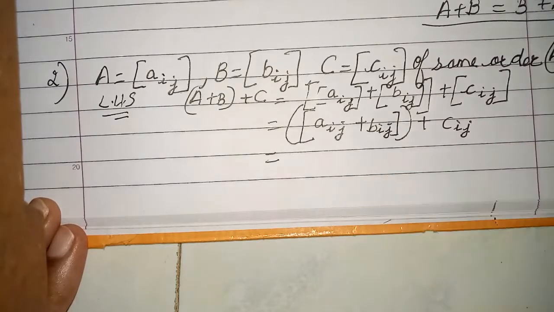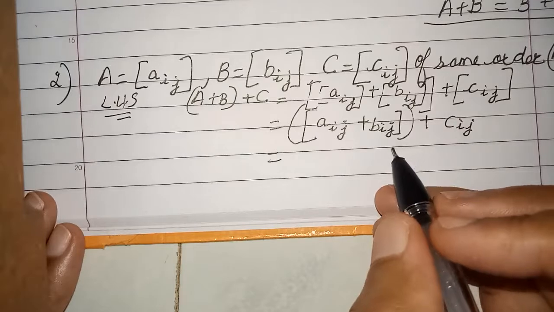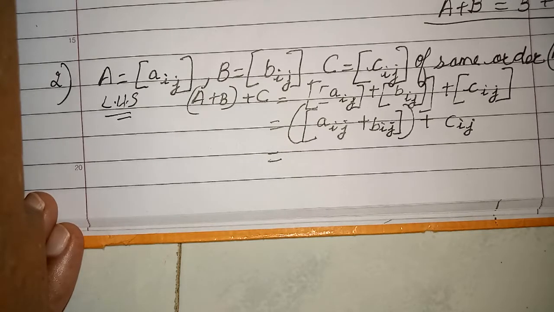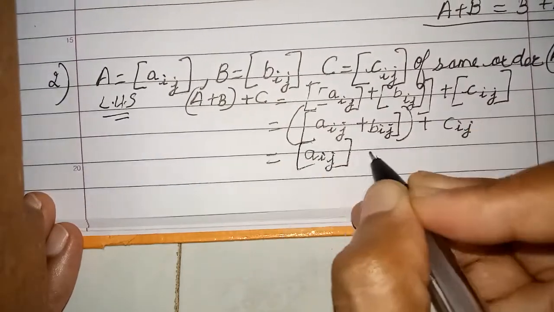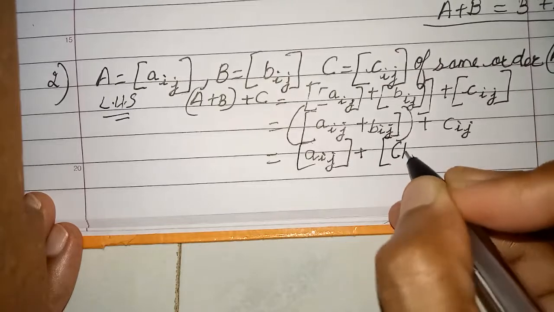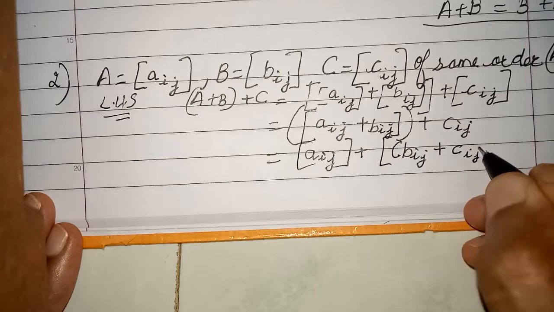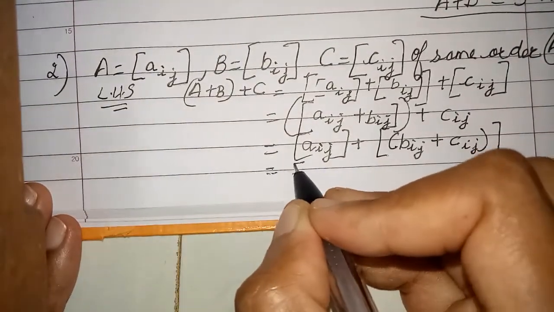Now next step, because these are all real numbers, or functions, their addition is always associative. Even though it's a function or a number, the final answer is a magnitude, a number. So addition of numbers is associative. So what I can do, I can write here Aij, then I can pull Bij plus Cij together. I can move here because they are numbers.